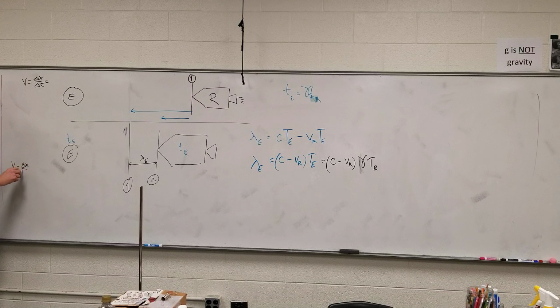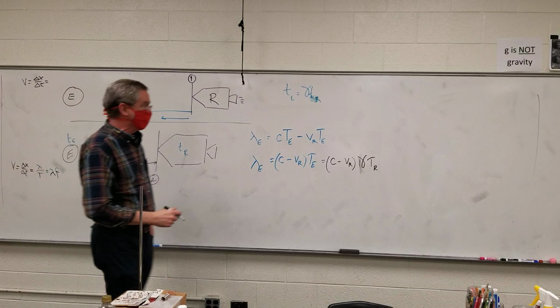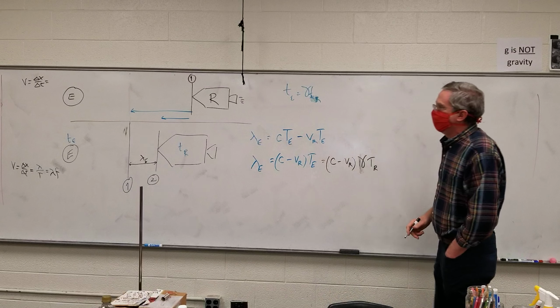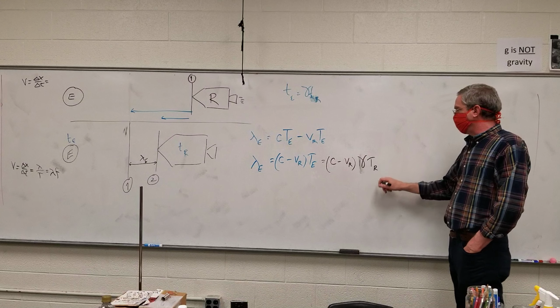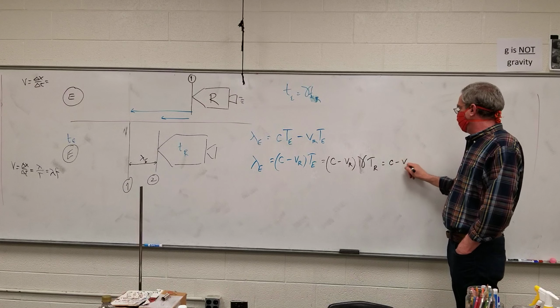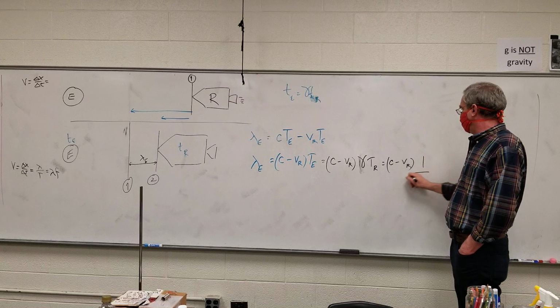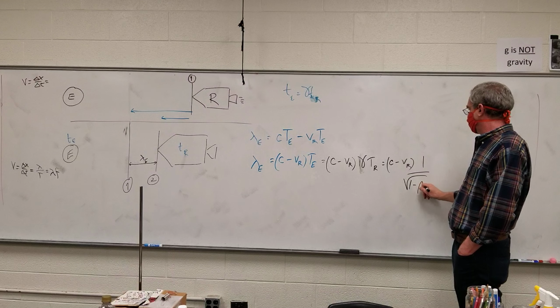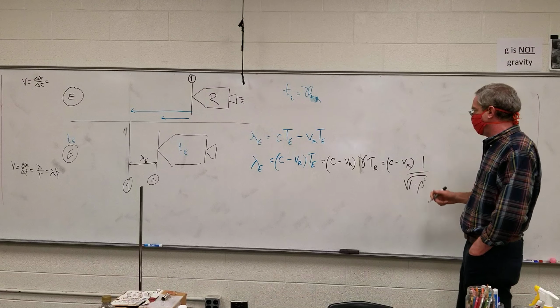I guess we did this the other day also. If I have a wave that's being produced, then the distance it travels in a period is just equal to the wavelength. Period and frequency are reciprocals, and so speed is equal to wavelength times frequency. In other words, period and frequency are reciprocals of each other, so this is just C minus VR times 1 over the square root of 1 minus what's called beta squared, times 1 over the